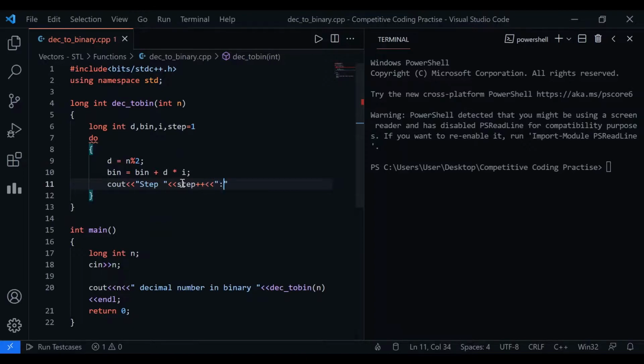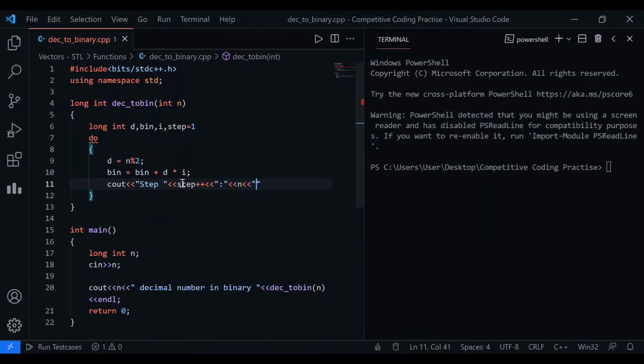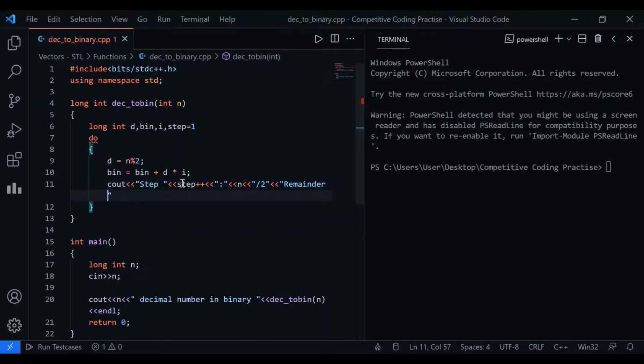Then n by 2, then remainder equal to d, which is the remainder.